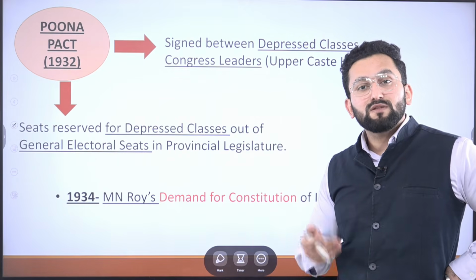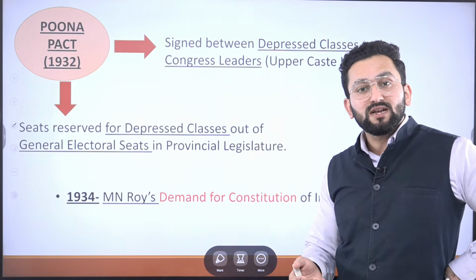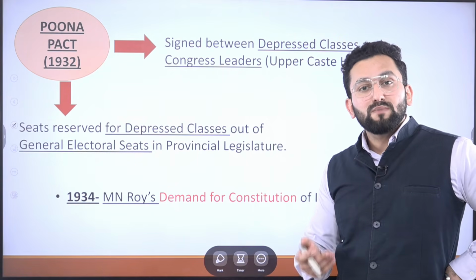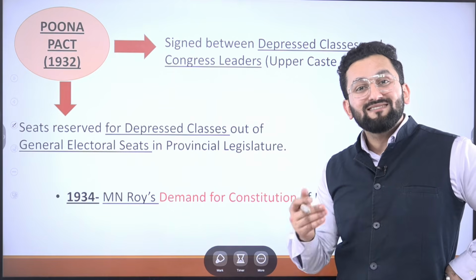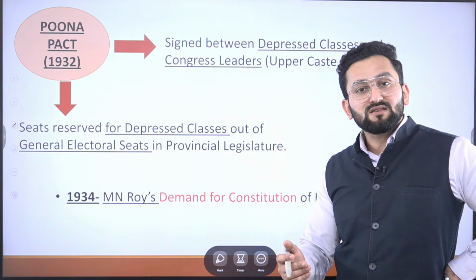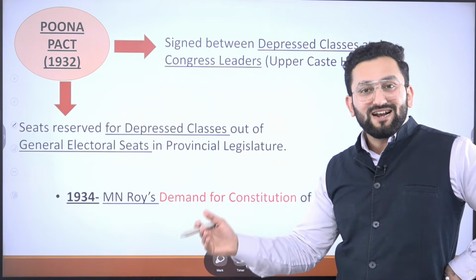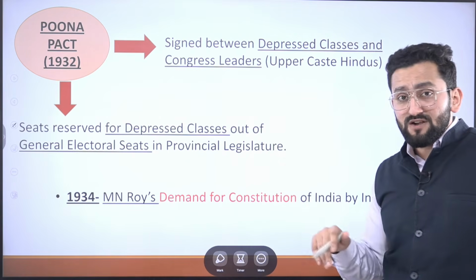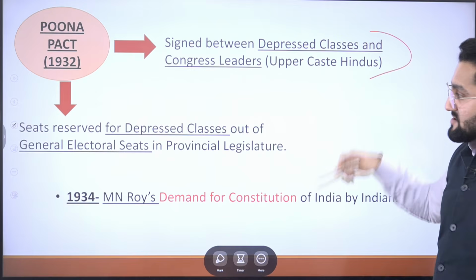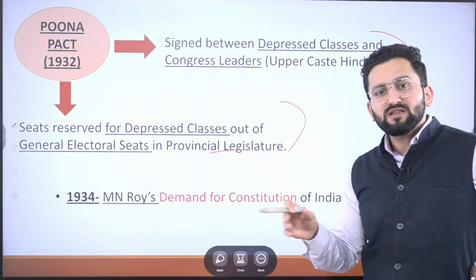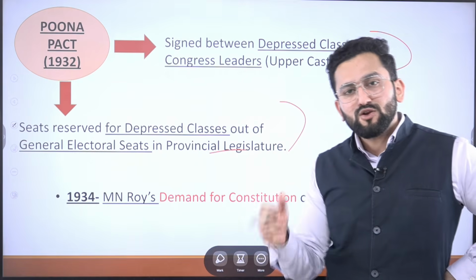They had a discussion with Mahatma Gandhi, and finally they both arrived at a conclusion that we are going to find a middle way, and the middle way is going to be reservation for depressed classes in subsequent provincial legislative council elections. So this was signed, and separate reservation is different from separate electorate, because in separate electorate,